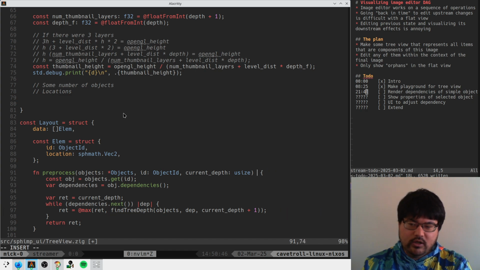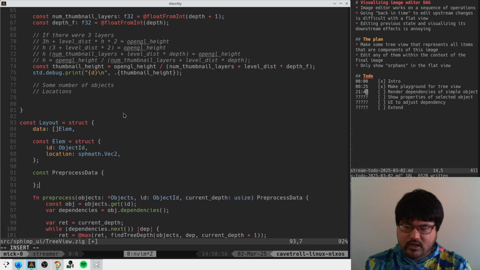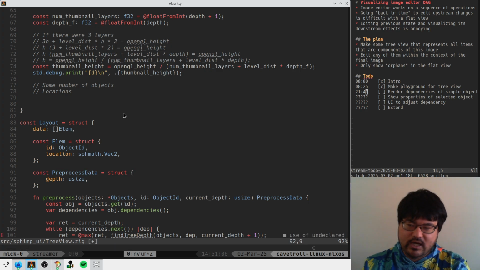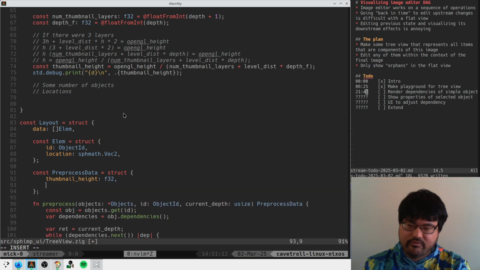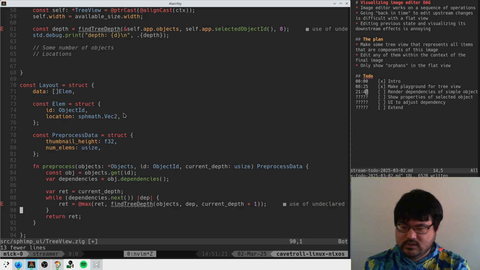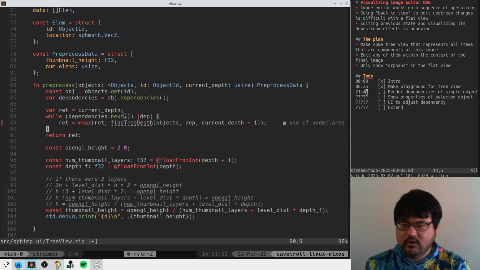And this will return like pre-processed data, right? And in here we have, you know, the depth. Maybe even here we actually just call this the height. And then we also have num elements. Yeah, and so then we can just kind of move this stuff into here, which means that I'm kind of, we'll call this,